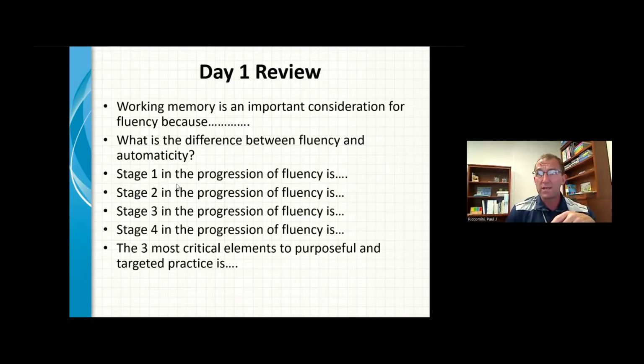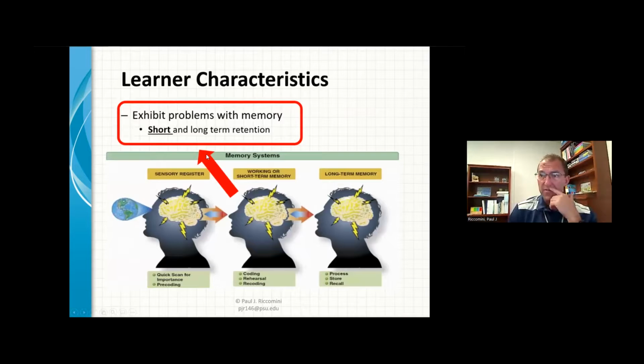All right, so let's take a look at the first question here. There are obviously a lot of things, but I don't know if this image came to mind. As you're looking at your response in relation to the question, did you say something about working memory, long-term memory?